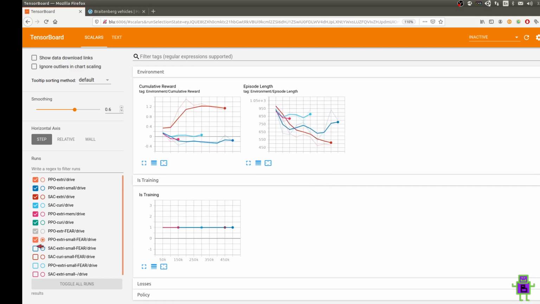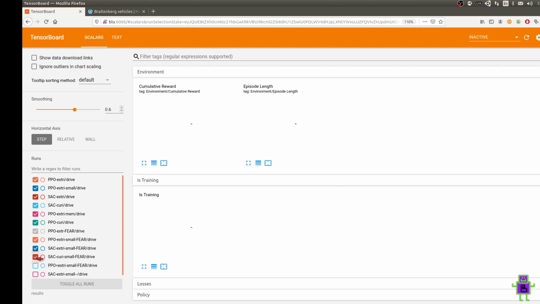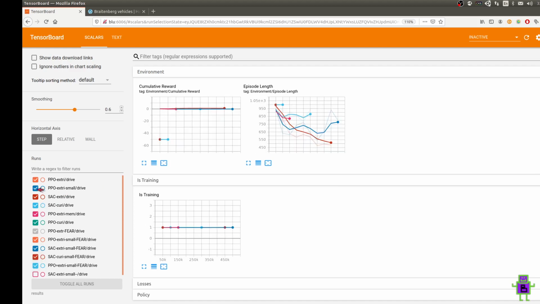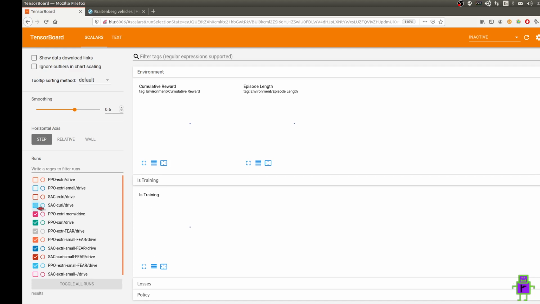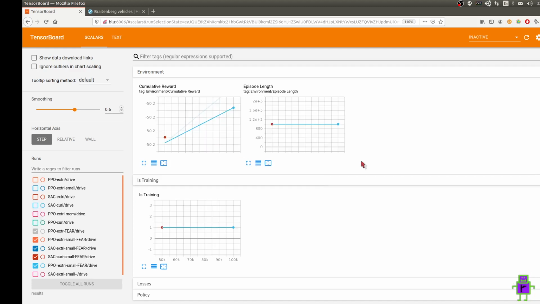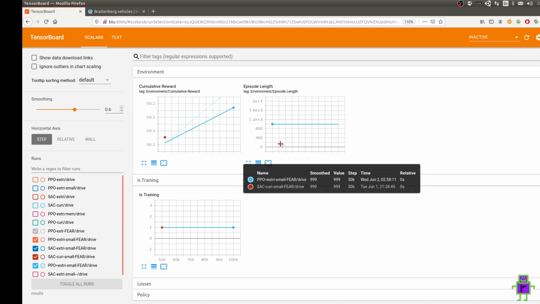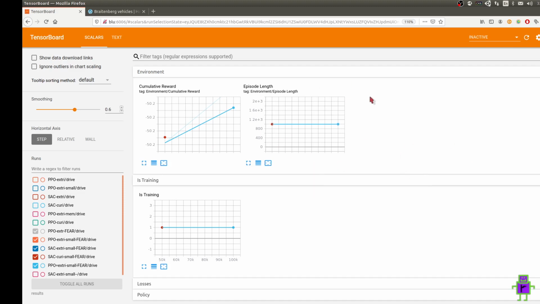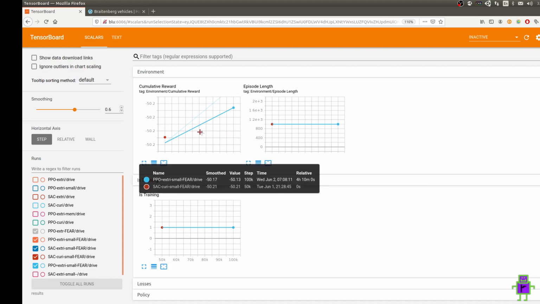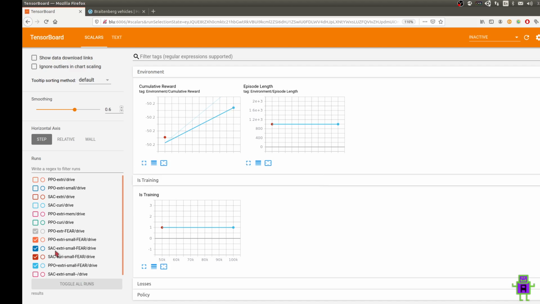And if we turn those off and we look at the fear algorithms, we can see that most of these did pretty badly too, and they're not all populating in my TensorBoard for some unknown reason, which we won't get into. But anyway, what I found here is that the best is also going to be our soft actor critic with extrinsic and maybe with curiosity.